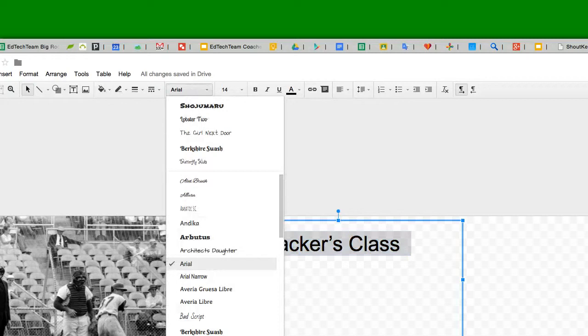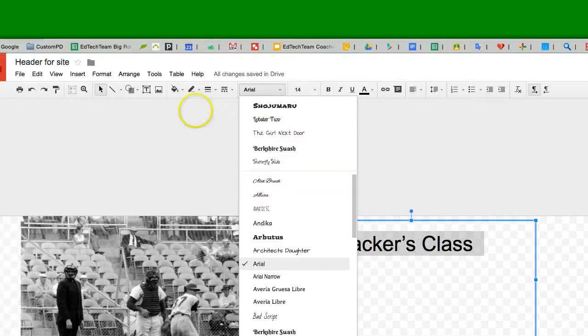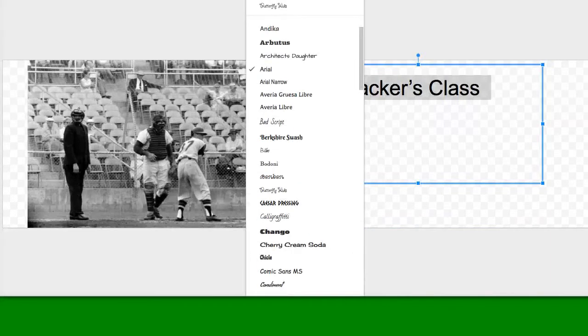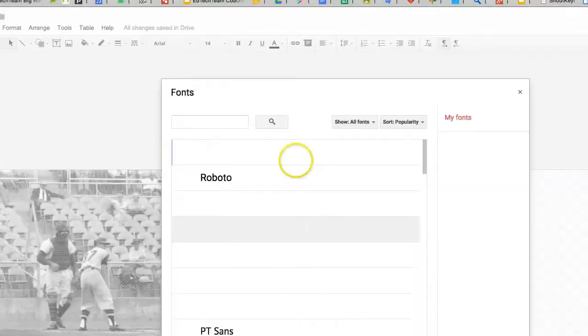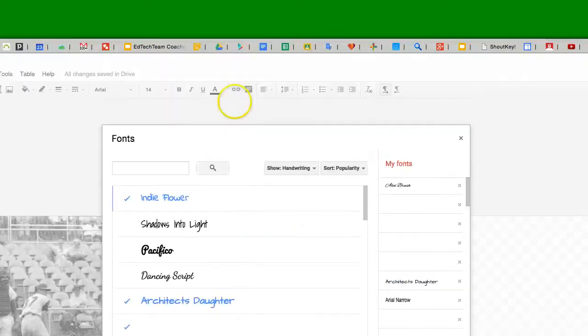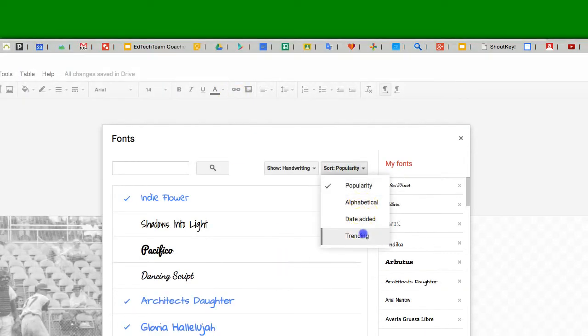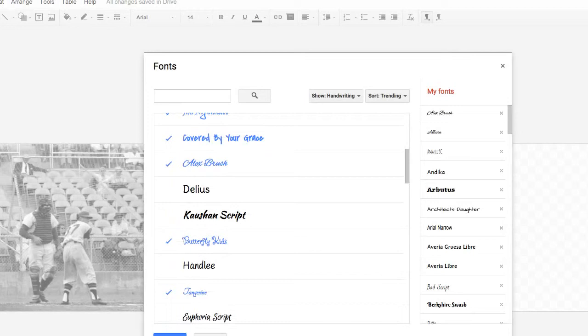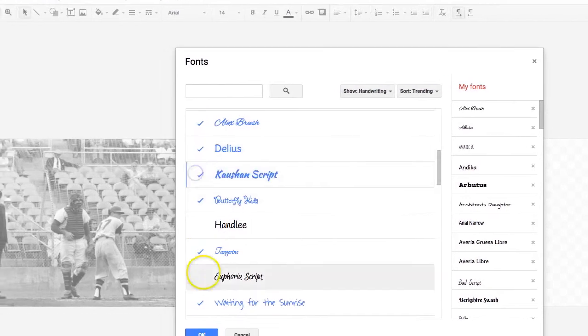When you click on the fonts, this is a kind of additional hidden feature. You notice I have a ton of different fonts on here. The reason why is because if you scroll down at the bottom underneath the fonts, you can click on more fonts and add even more google.com/fonts to your drawings, docs, etc. When you click on more fonts, it's going to allow you to sort by popularity. You could choose handwriting ones, sort by, let's say, trending, all these different ways. And then all you do to add it is click on it, and it's going to be in